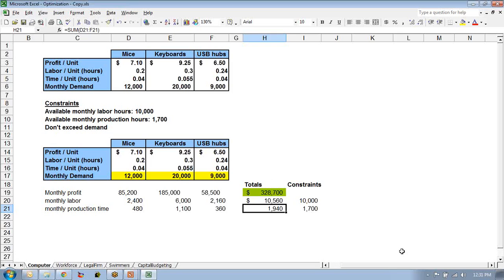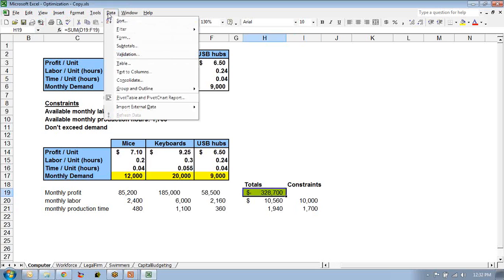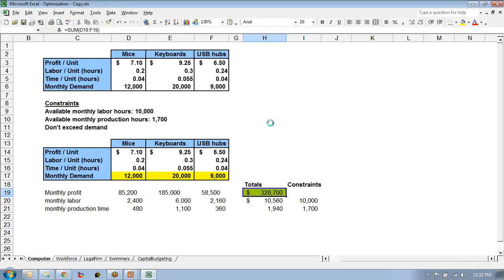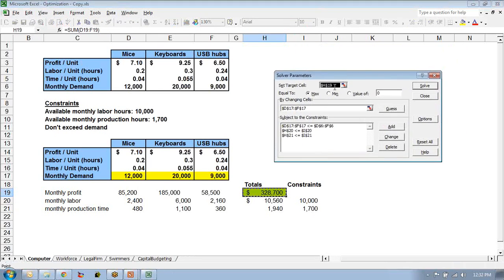And also, it would take up this much production time. Okay. So there are lots of different algorithms, and if you want to know how calculus comes in handy, it's all calculus behind here. But I'm just going to show you how to use Excel so that we can let Excel find the solution that satisfies these constraints and maximizes this number given those constraints. Okay, so let's go ahead and do that. So I'm going to use solver, and